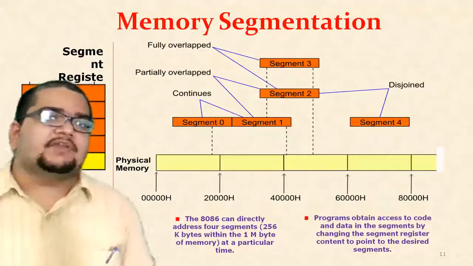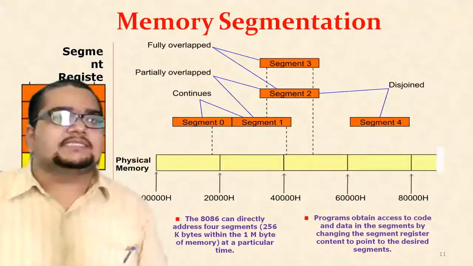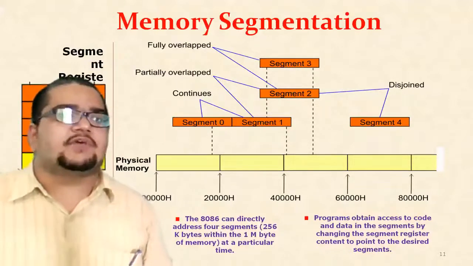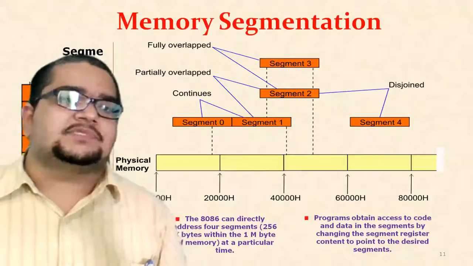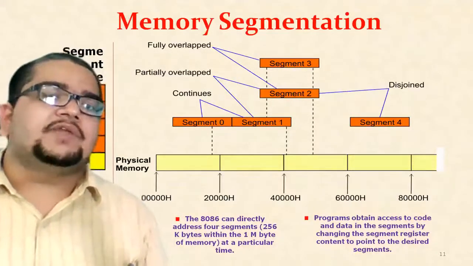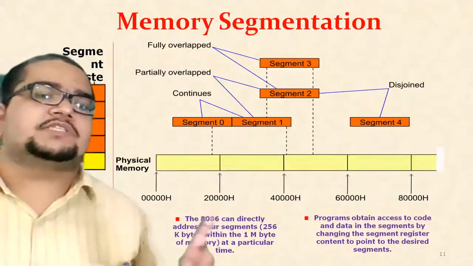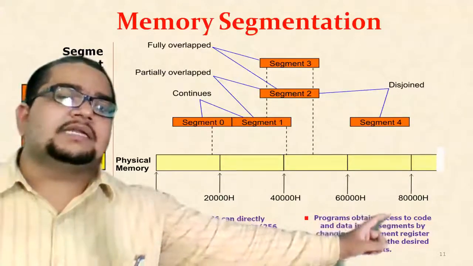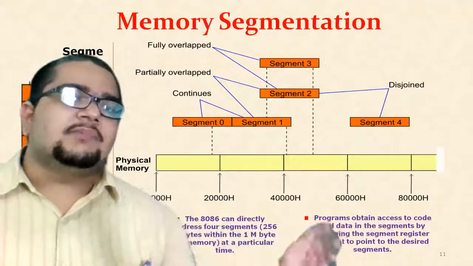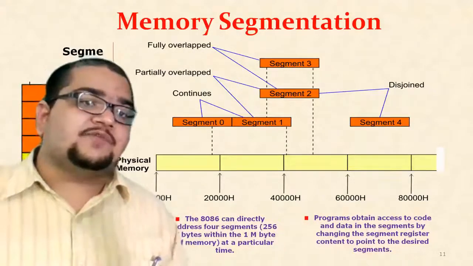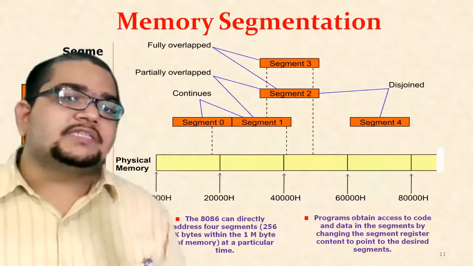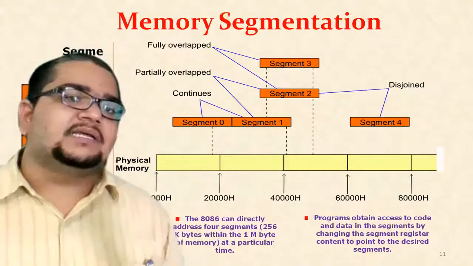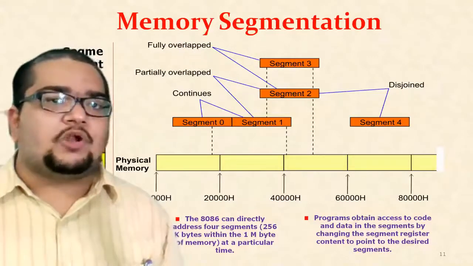This particular slide, I have shown you once previously also. It is available here for us to see the difference between overlapping and non-overlapping segments. The physical memory here starts from 0000 onwards, follows on till 8000H, and can continue further up to FFFFFH. That is the physical memory. These chunks here, these parts, you call a segment. These examples will show you whether the segments are overlapping or non-overlapping.